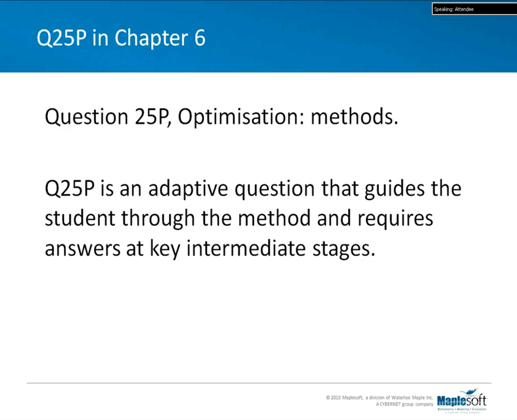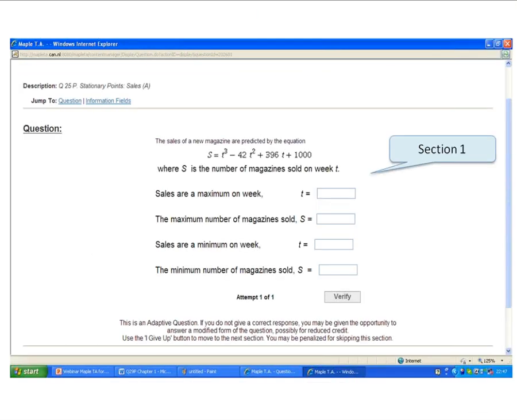Now another question in chapter 6 is another optimization question, but this one is an adaptive question. So this is designed to guide the student through the method and requires answers at key intermediate stages. So they can't do the entire part 1, 2, 3, and 4 at the same time. They have to do part 1 first and then move on to part 2. So as you can see, in section 1,